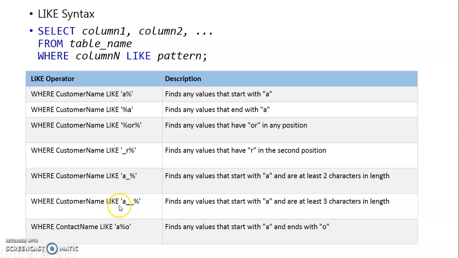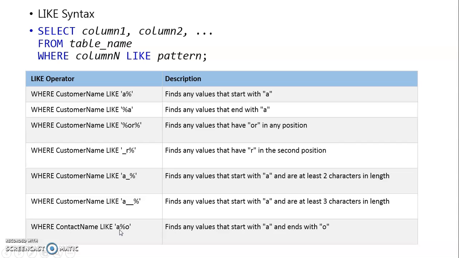Next is customer name LIKE 'A__', with double underscore. So whatever record we are fetching should be at least 3 characters starting with A. Next one is 'A%O'. It should start with A and end with O. In between there may be characters or they may not be.